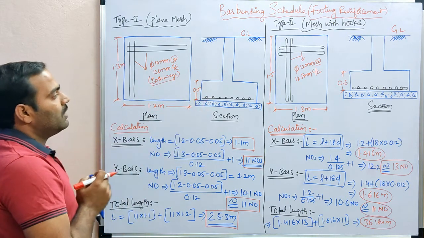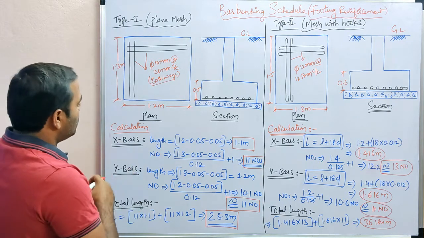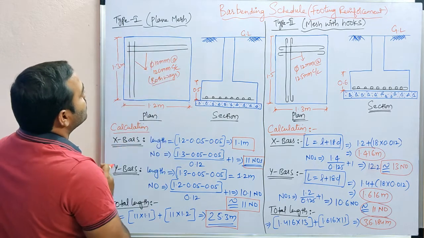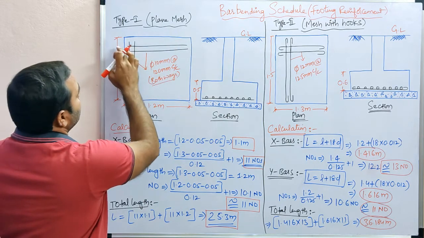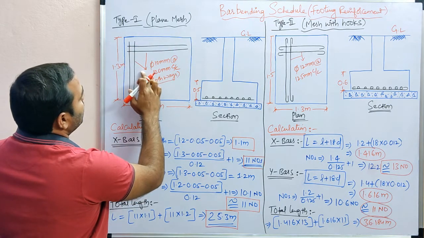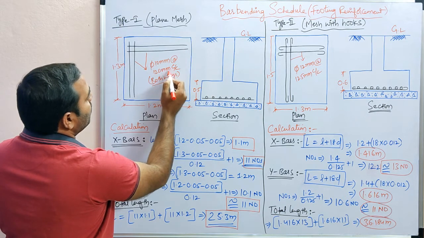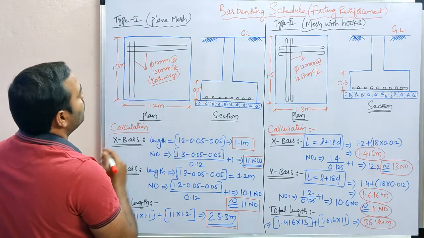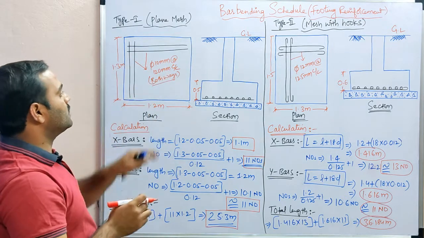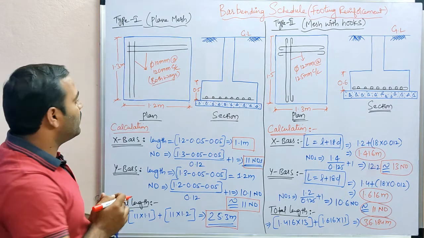For this footing we have to do the calculation for bar bending. So we have to do the reinforcement calculation here. You can see these are the bars in both ways, that means in x direction and also in y direction. In x direction, the details are dia 10 mm at 120 mm center to center both ways, that means x direction 10 mm bars, y direction also 10 mm bars, and the spacing between each bar is 120 mm, which is given here.